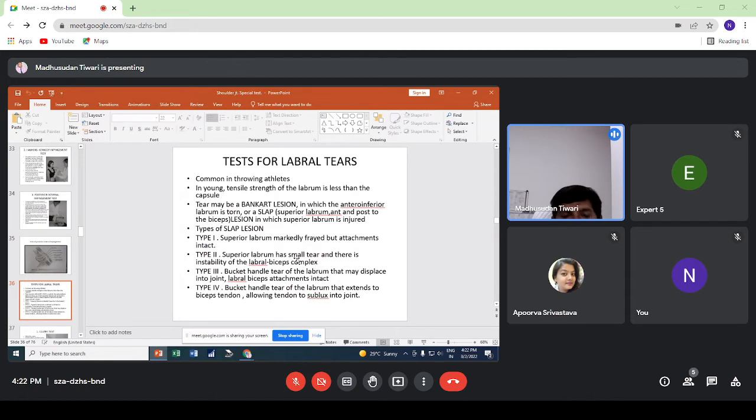Test for labral tear. What is labrum? Can anyone tell what is labrum? Labrum is the fibrocartilaginous structure present within the glenoid cavity, and basically it's because of the presence of the labrum that the glenoid cavity acts as a socket. It holds the ball of the